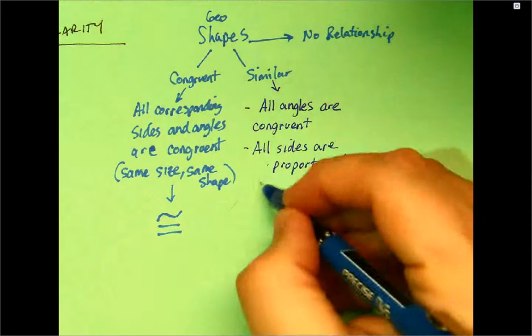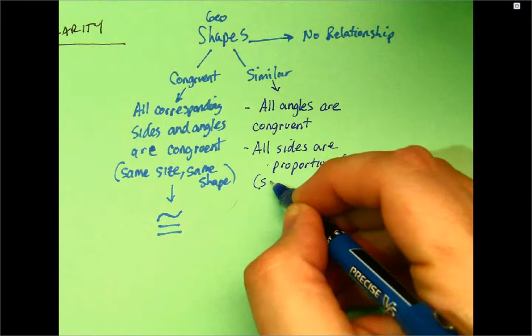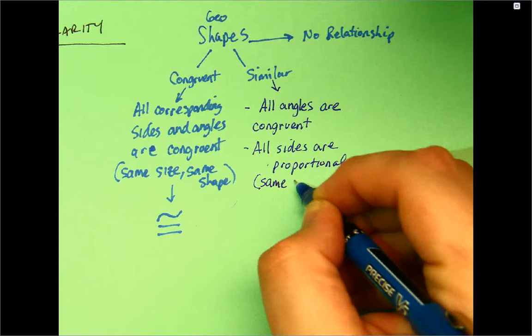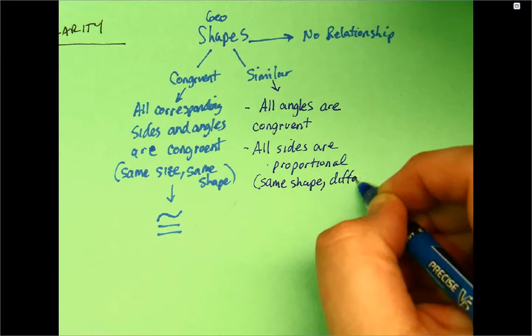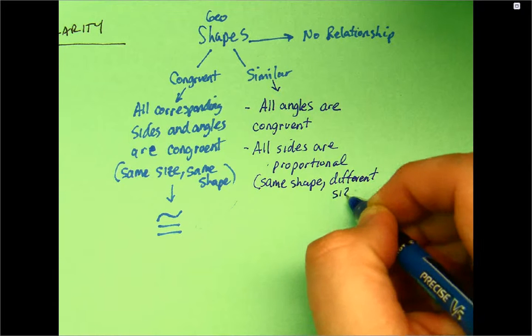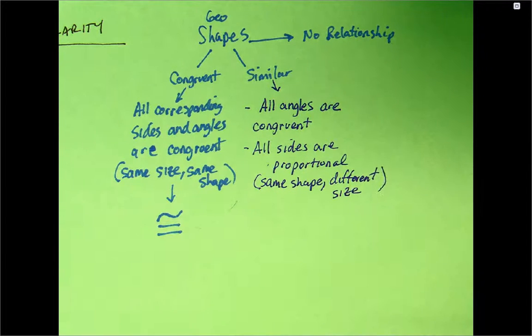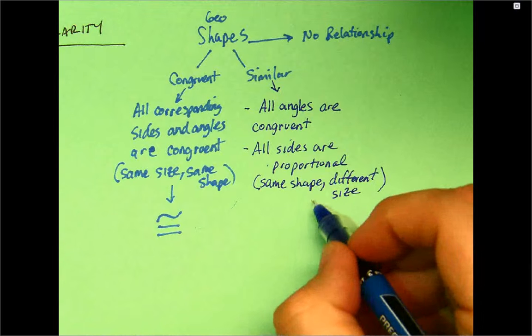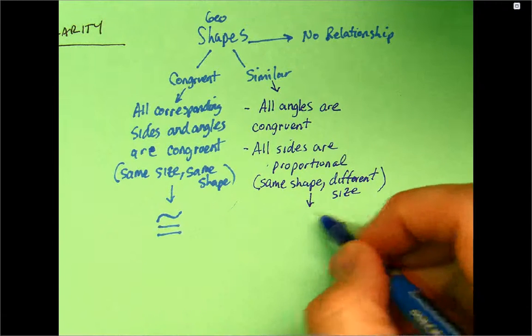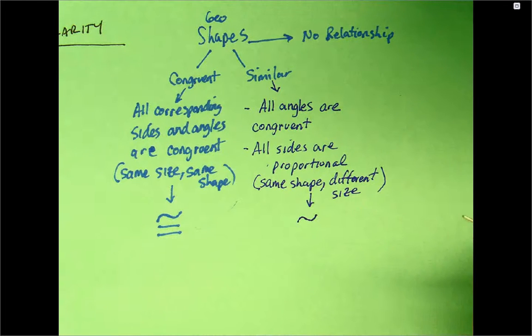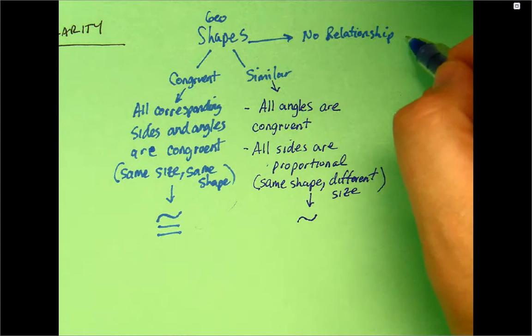And I like to call this same shape, different size. So if we want to think about it in a different way. And the symbol that we're going to use here is we don't use the equal sign, we just use the squiggly. Which in Spanish, what's it called, a tilde? Anybody remember? No? Alright,